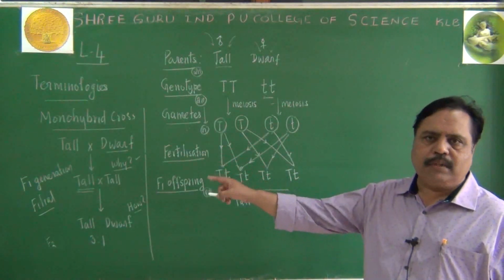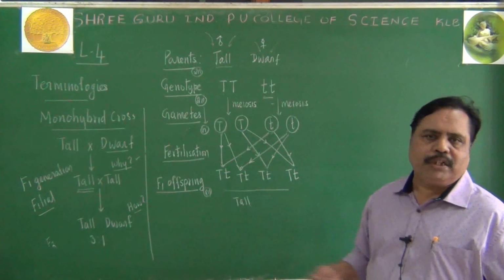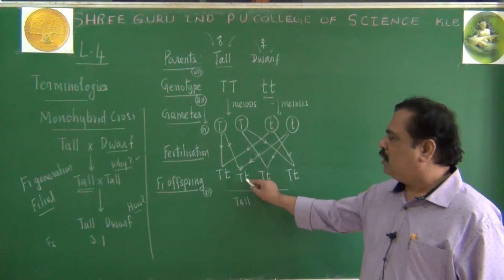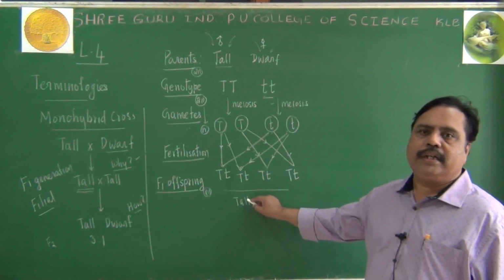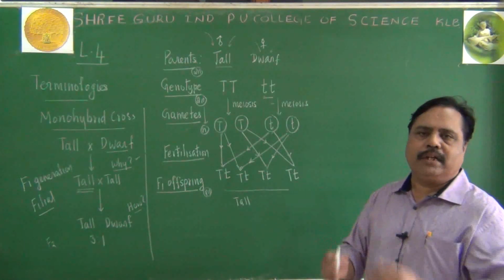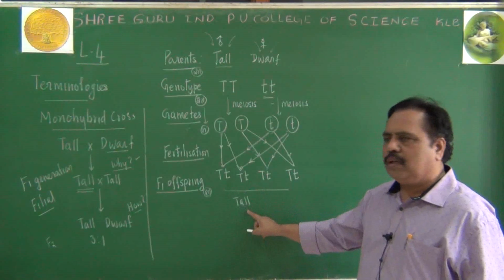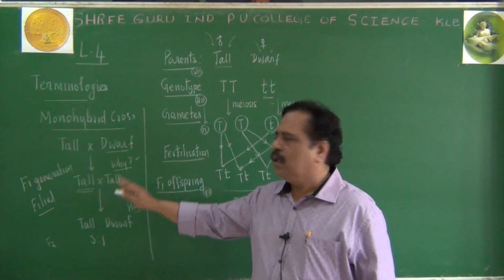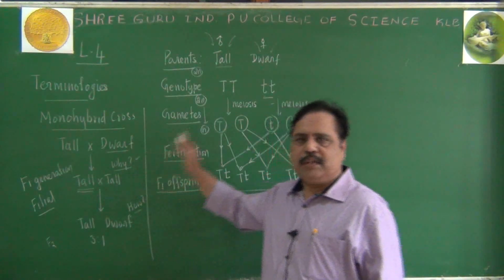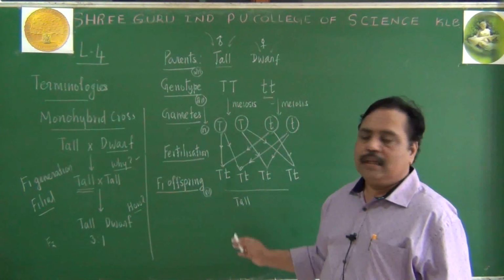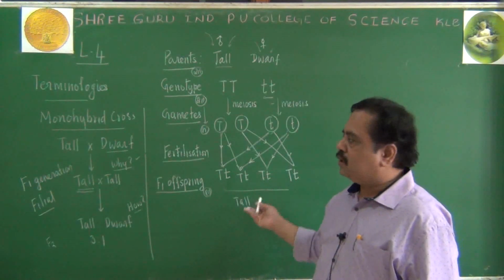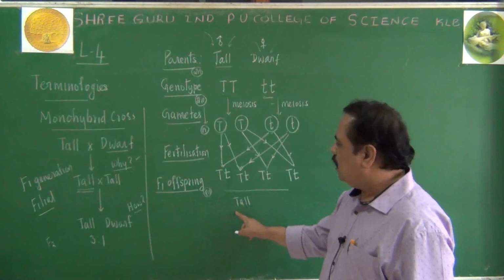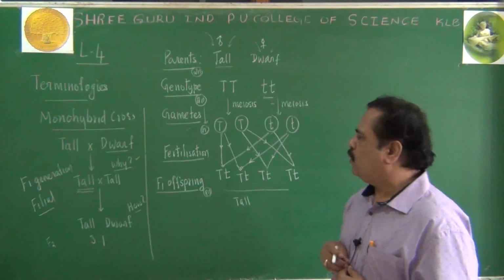According to the experiment, our explanation should be there. We cannot say that capital T, small t means it will be intermediate height, a medium height like that. It is tall only, because experimentally, tall only was produced. So what is happening in the experiment, that has to be explained. Not according to our explanation will the pea plant reproduce. Try to get this point. So all of them are tall only in the F1 offspring.